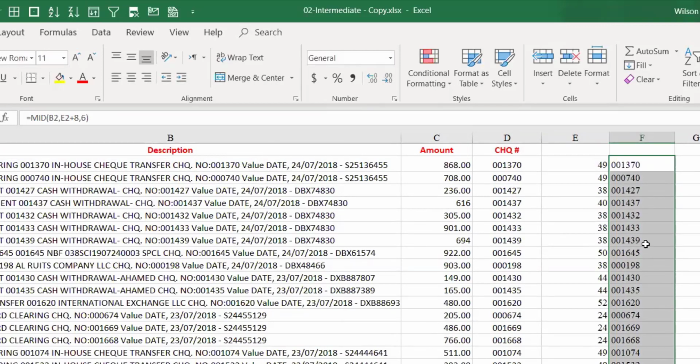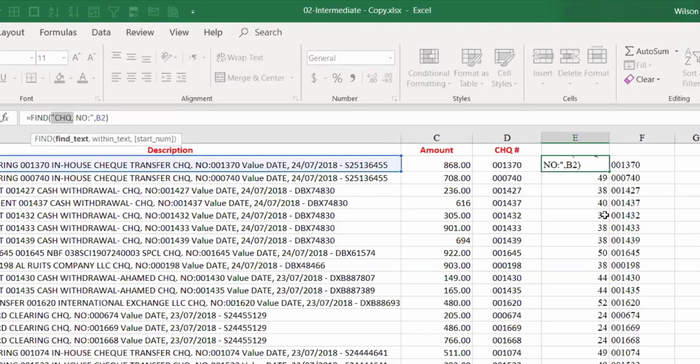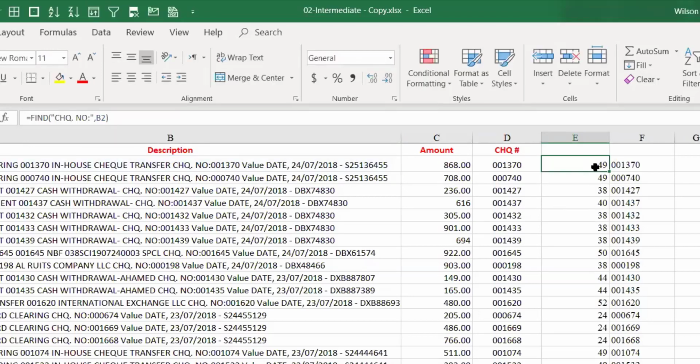For some people, probably it is difficult, maybe if you are looking at FIND or SEARCH for the first time. FIND is to find the position of that search string. It will give you the exact position from the left where it appears. We are looking for where CHQ is appearing. So we got this answer as 49, but from this 49 we cannot get the check number.